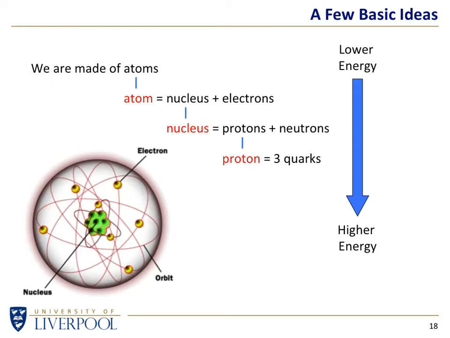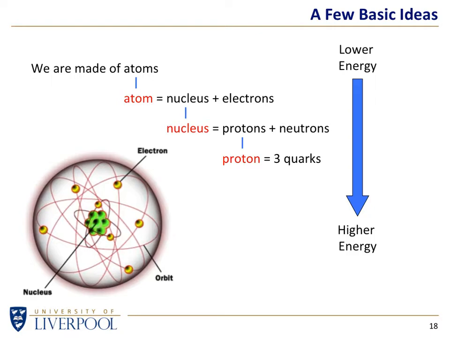So more and more energy is required to split things as we go down that sort of, it's a bit like having a Russian doll idea. The more you look, the more energy you apply, the more you open up the Russian doll and find there's another one inside. Okay? So it doesn't matter what words we use as long as you understand those concepts. And if we're going from low energy to high energy, physicists talk sometimes about energy and sometimes about temperature. Something that's cold has got a low amount of energy. Something that's hot has got a large amount of energy. So low energy to high energy is the same thing as cold at the top and hot at the bottom.